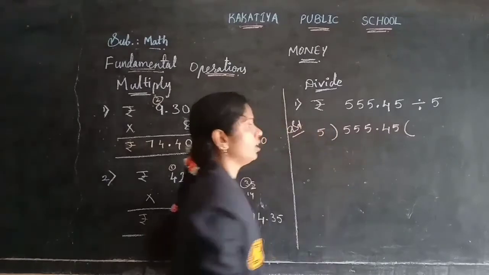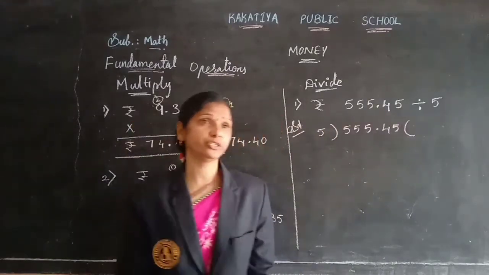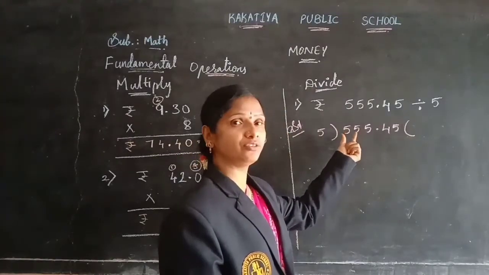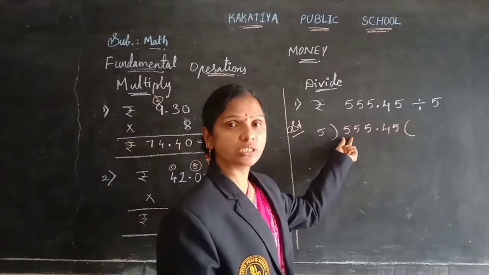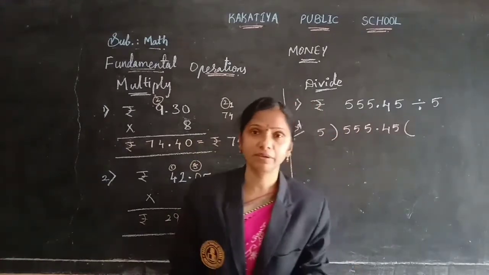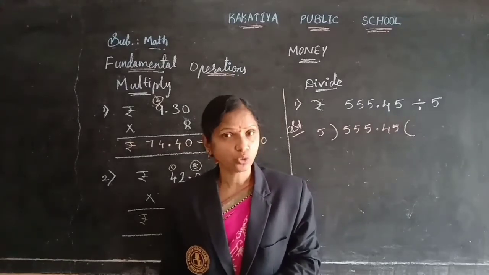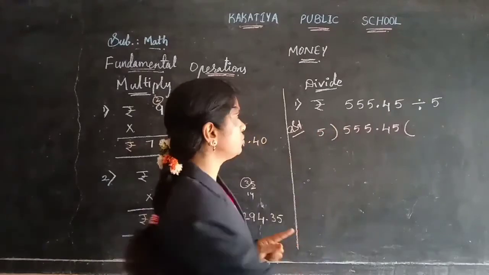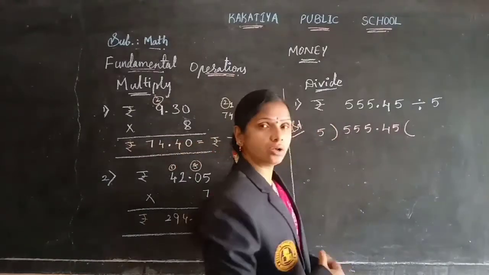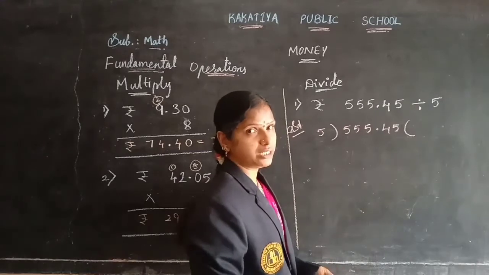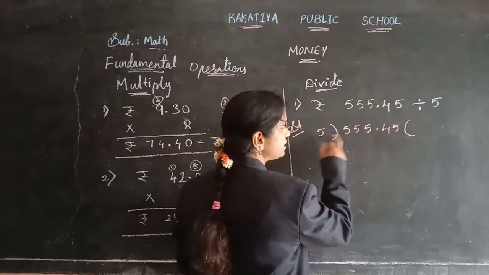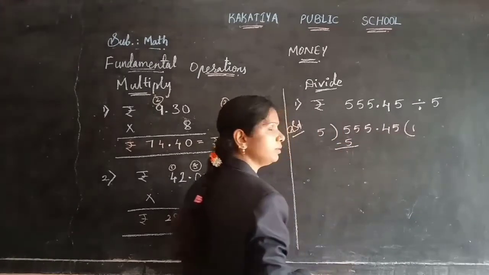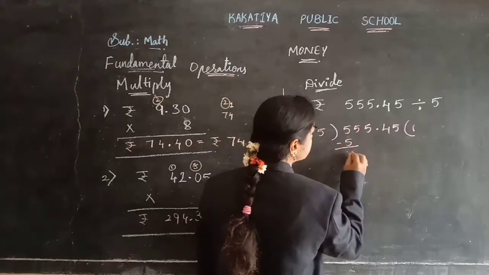Okay. Now how many digits do we need to take? First step, what you need to do, children, here? First you need to check. Compare the first digit and the divisor, children. So the first digit and divisor are the same. If they are the same, you need to do the division in the first step with only one digit. Greater also, you need to do the division by the one digit only here. So same digits we have. So 5 ones are 5 we get, when you look in the table. So 5 minus 5 is 0.